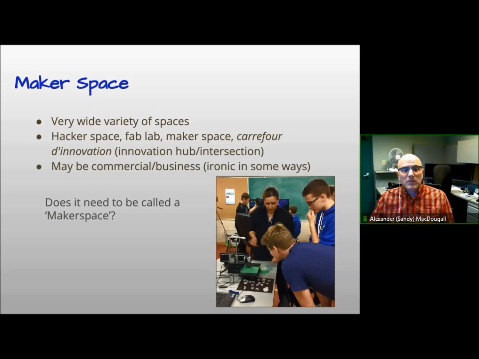And sometimes makerspaces are a commercial business set up in sort of the same model as a local gym might be set up. That's a bit ironic in some ways. It's kind of contrary to the idea. Does it need to be called a makerspace in your school? It certainly doesn't need to be, and